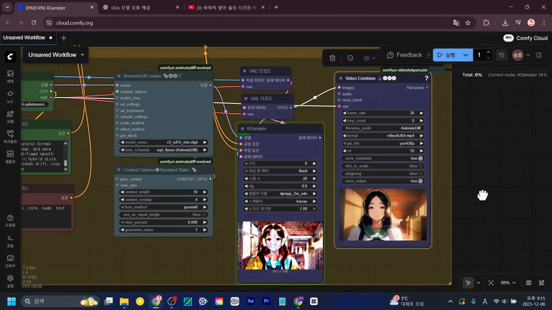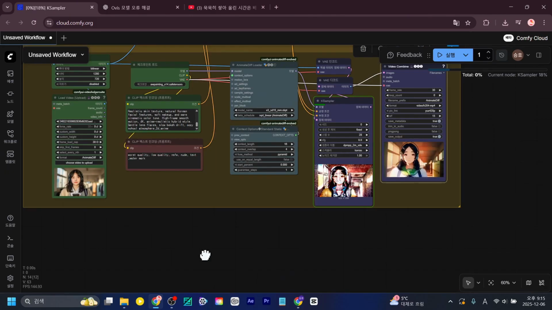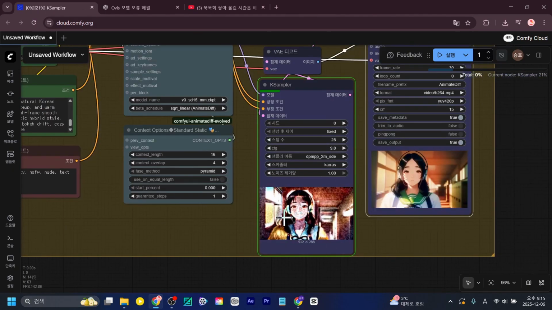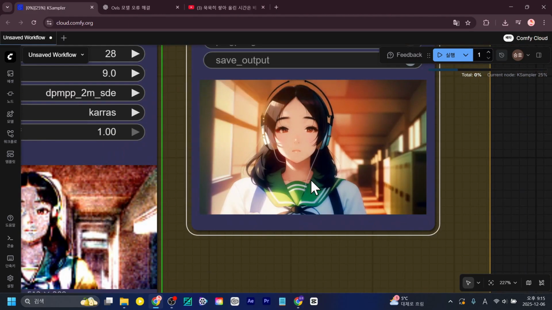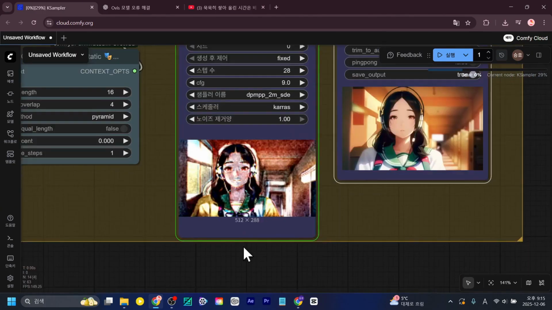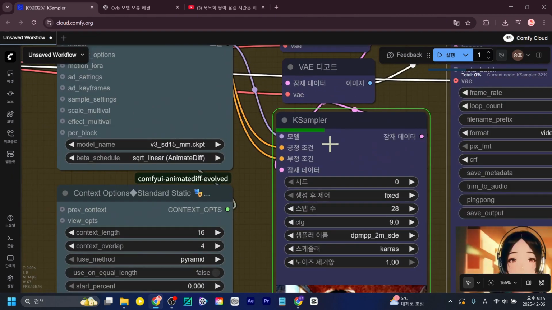Among AI technologies, this Animate Diff V2V process is one of them. It's a video-to-video process. And when you do this work, the larger you make the size, the wider the area this tool covers, so the result becomes clearer. So the smaller the size, the flatter the result becomes. The larger it gets, the sharper and clearer it becomes, but the generation speed takes longer.